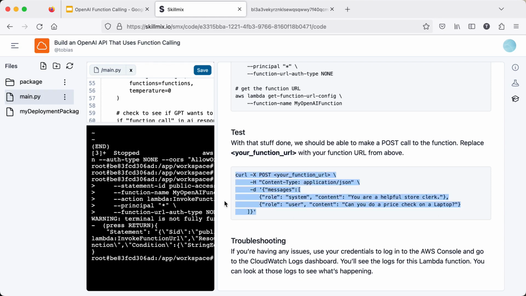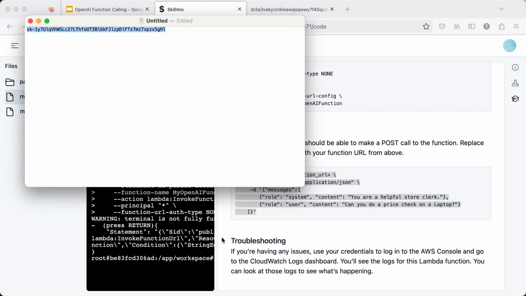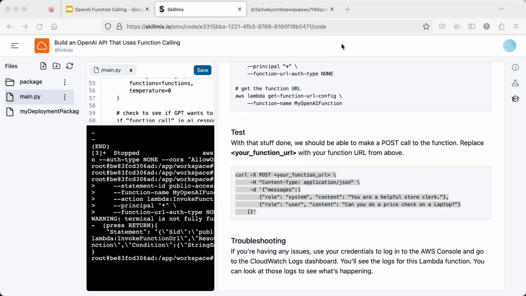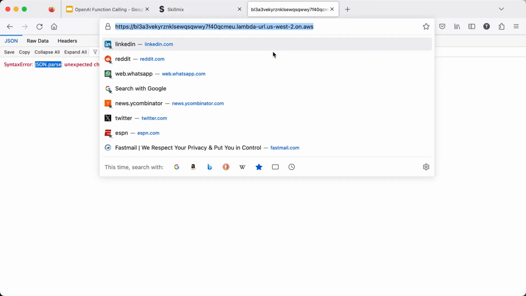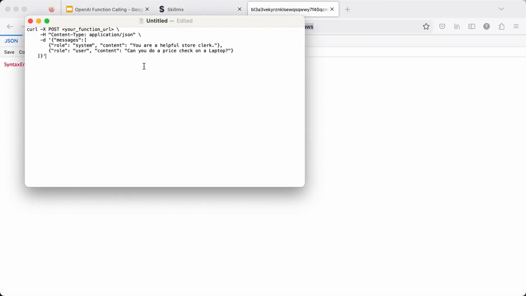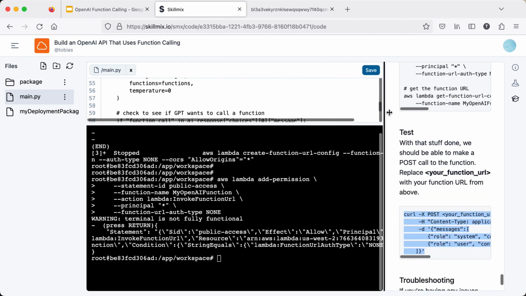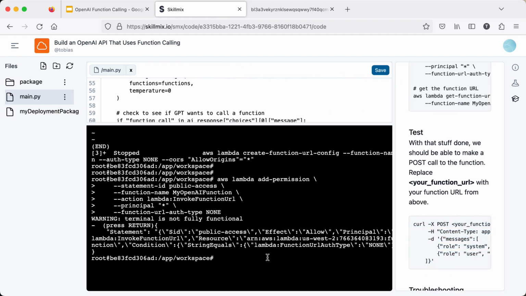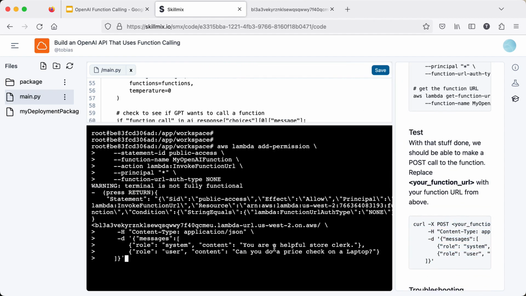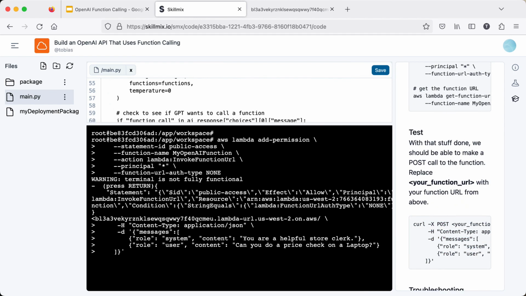So let's go ahead and copy this, and then I'm going to paste in my URL here. Okay, so testing it, we should be able to paste this in, and press enter,